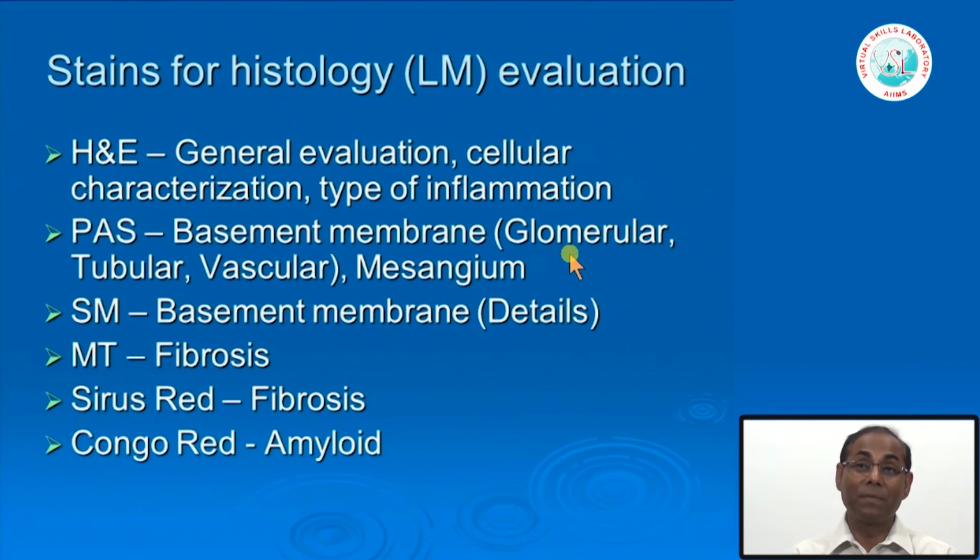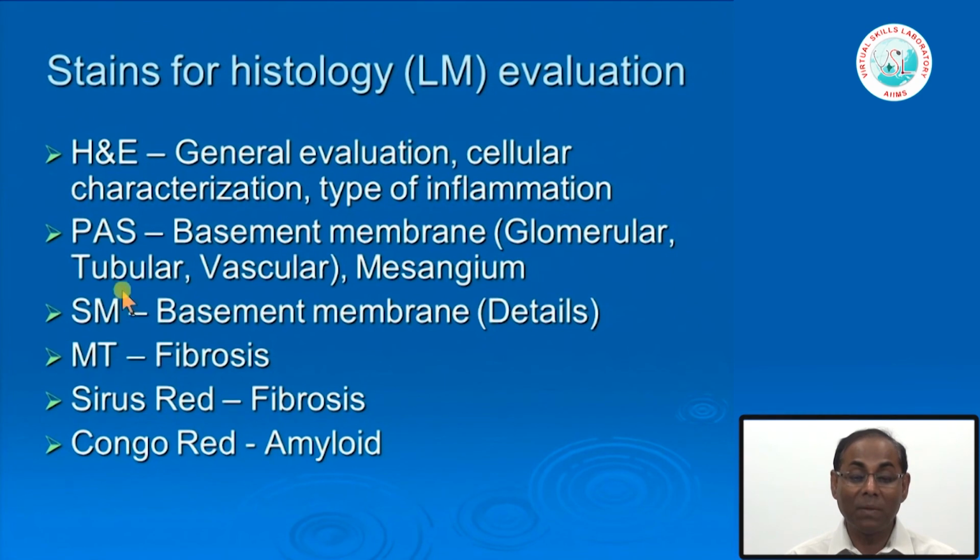So, this stains the basement membrane. What are the structures in the kidney which have basement membrane? You have the glomeruli, they have basement membrane; tubules have basement membrane; and all the blood vessels will have some basement membrane. So, obviously we will see them, and the mesangial matrix can also be easily stained by the PAS. So, we will see the mesangial matrix area.